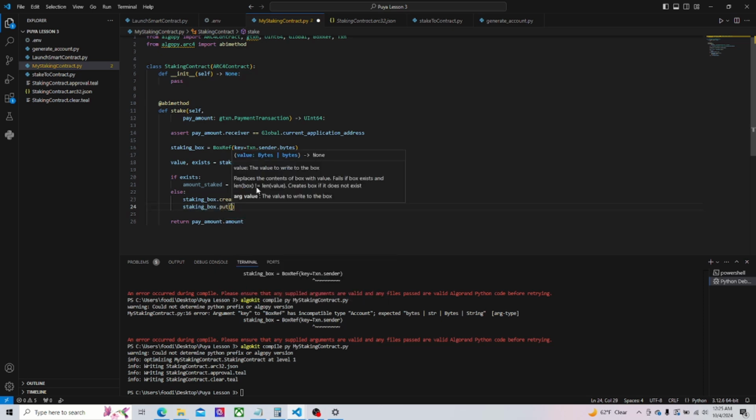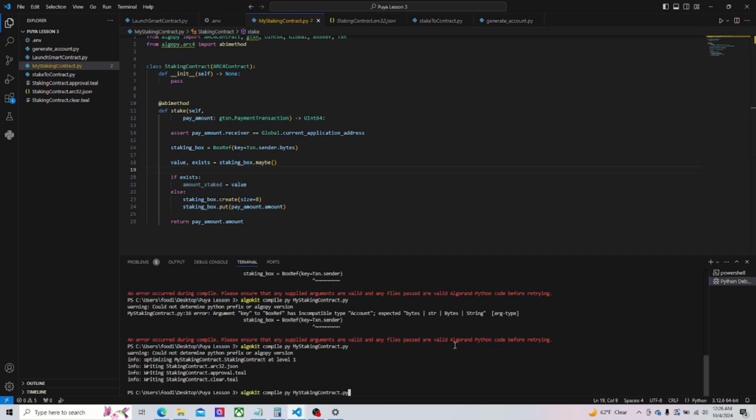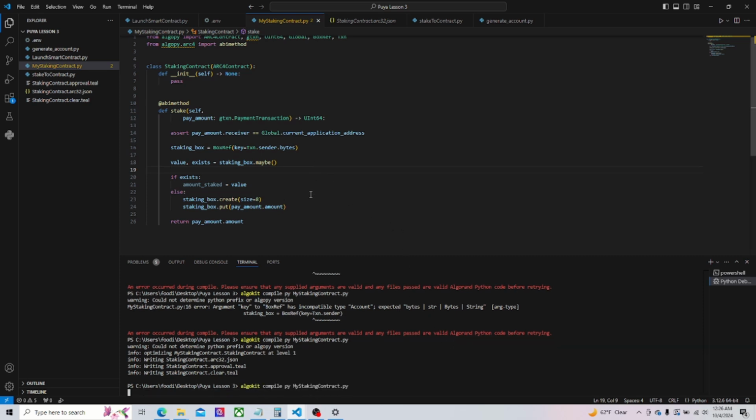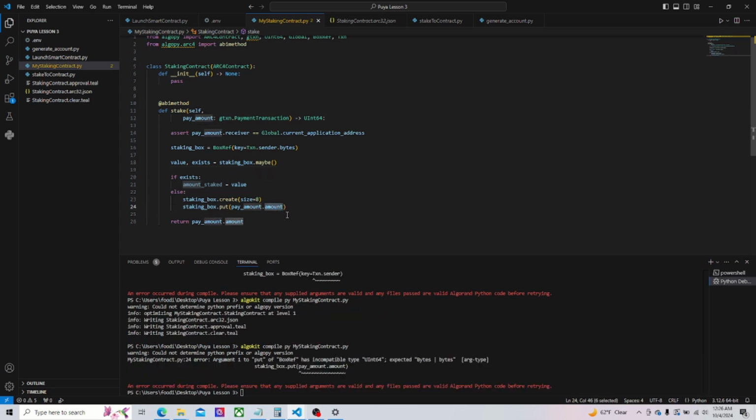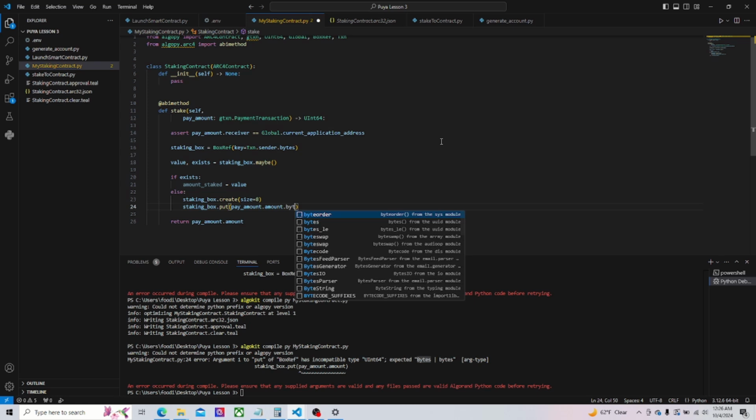box the pay amounts dot amounts. And you'll see here, this will fail. And I hope just for one reason, but we'll take a look here. Because payment amounts dot amounts is a uint64, and we need bytes. So we need this in bytes format, because as I said earlier, for boxes, keys and values must be in byte format. So similar to transaction.sender.bytes, you would expect that you could just hit .bytes, but it doesn't exist for